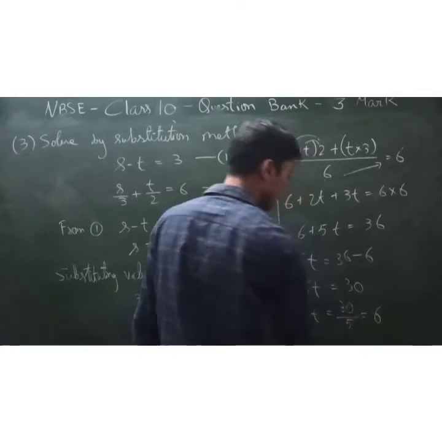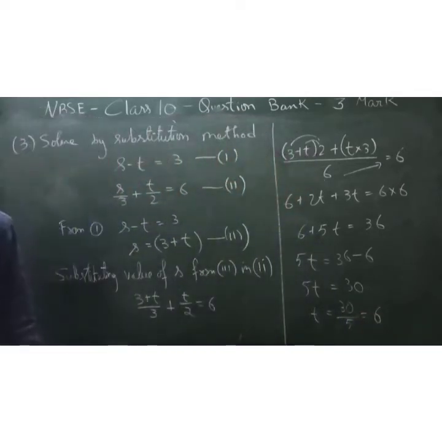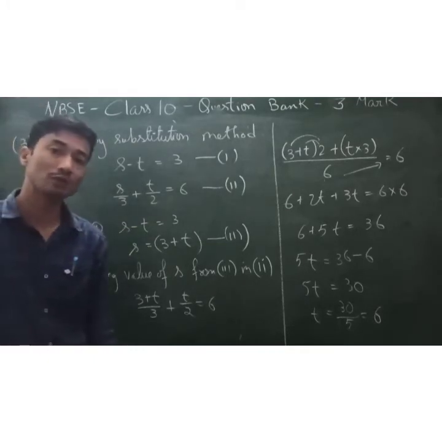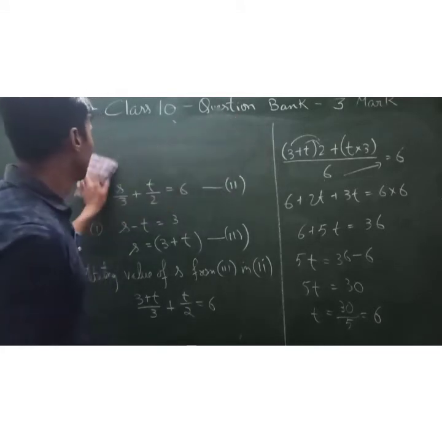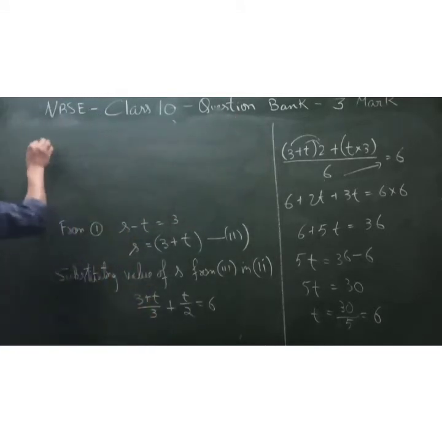So 5 sixes are 30. So the value of t we get what? 6. Alright, so that's it. Almost done. So now finally putting